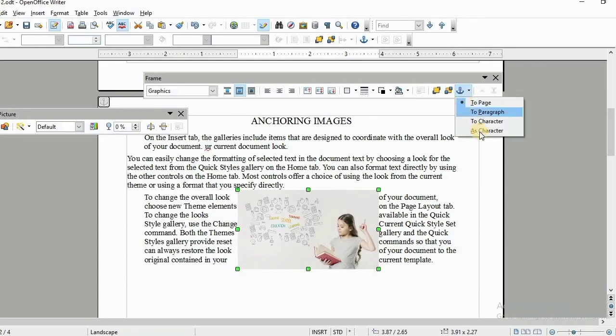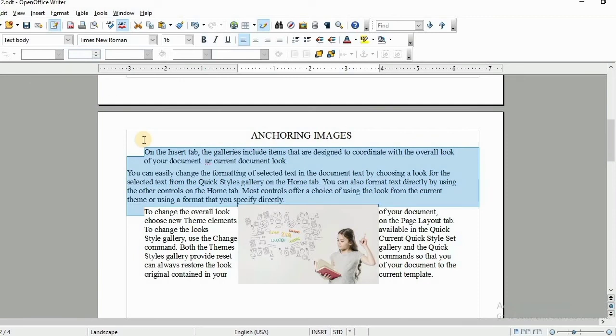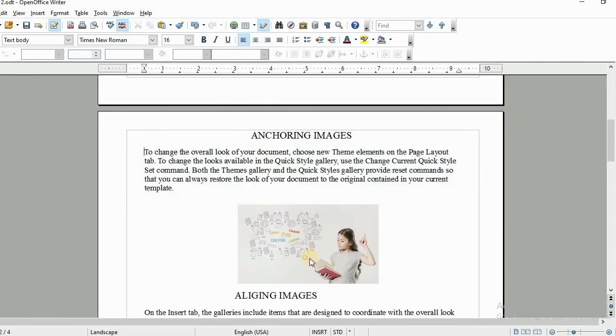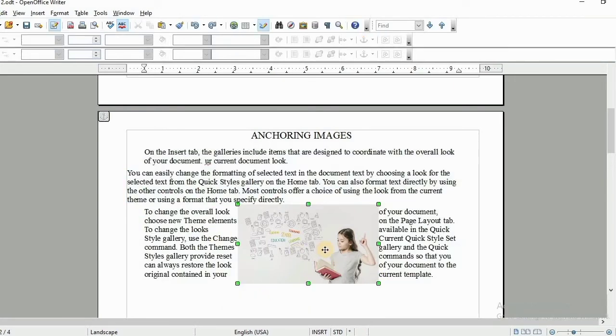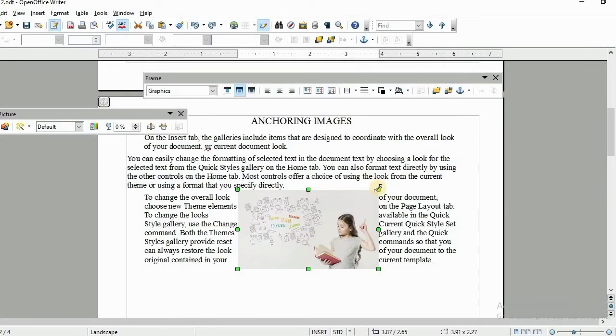Now click on this. There are 4 ways to change setting of anchoring. Firstly, by default is to page. Now, if you apply any changes on your page, you can see your picture is at same position, no changes made because our image position is fixed.